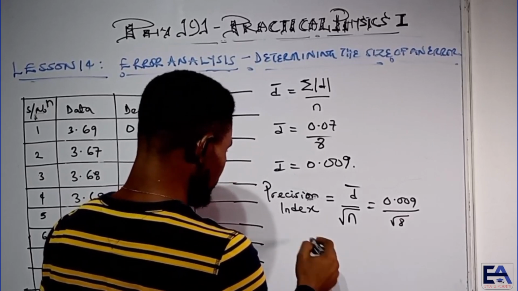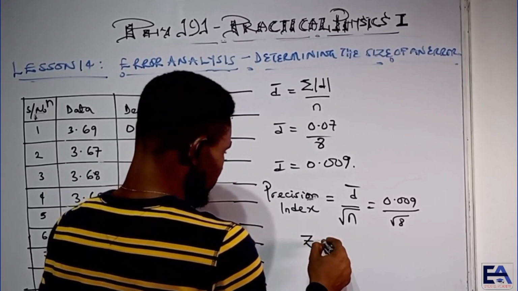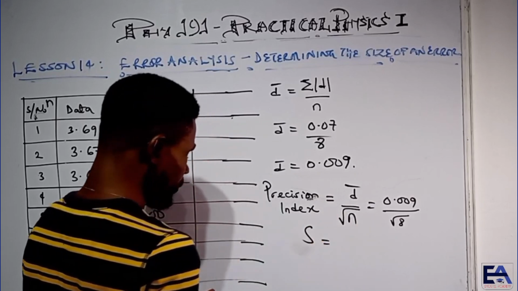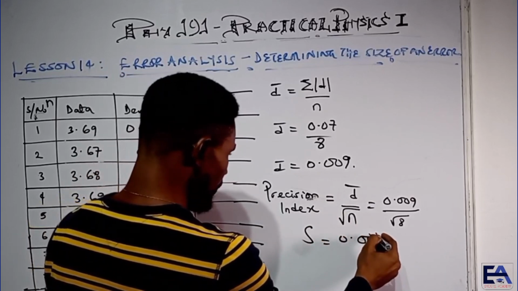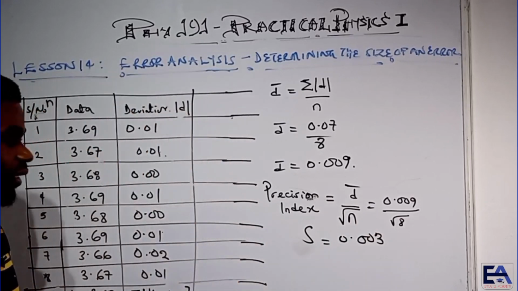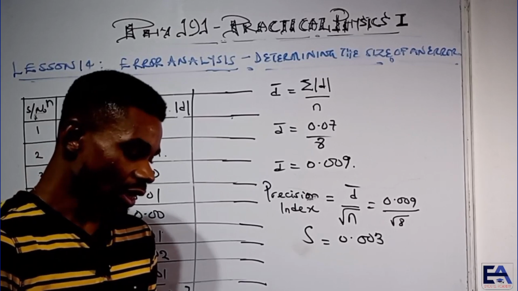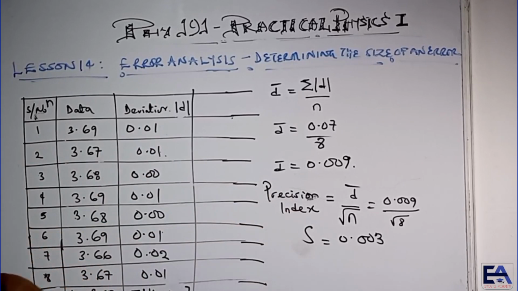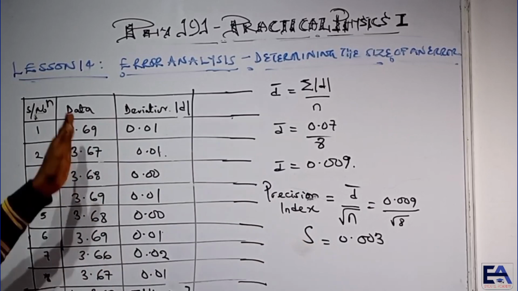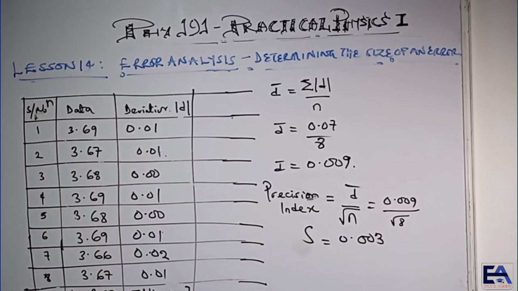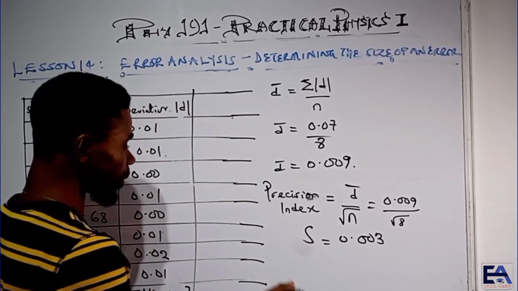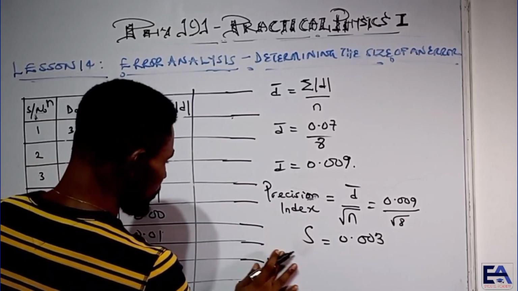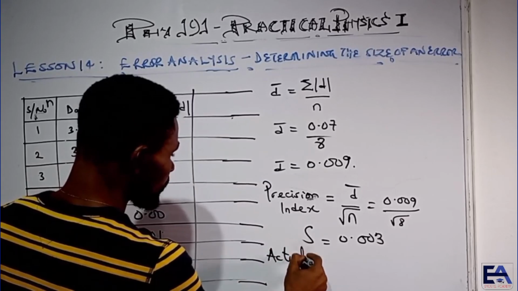so the precision index, let's represent it with letter Z, or S, I think in the course it was S that was used. Okay, so we have 0.003. So the precision index S is 0.003, and that is the answer. So with this now we have been able to determine the size of the error. The size of the error in this measurement is given as 0.003. So therefore, we will say that the actual value